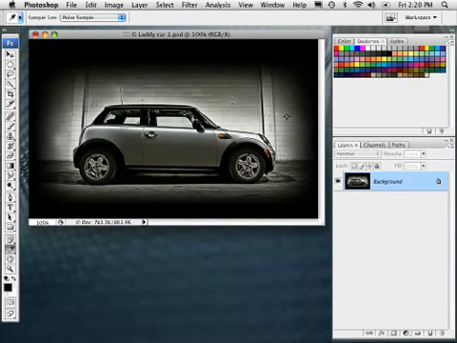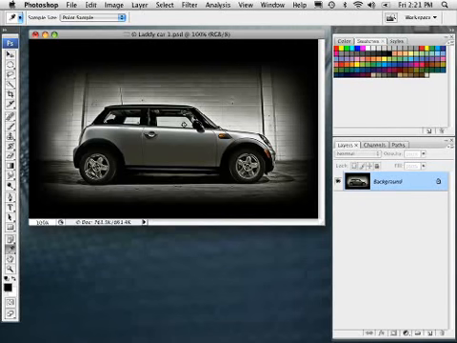Alright everyone, this week I thought we'd do another cool trick with animation inside Photoshop. What we're going to be doing is taking this image of this car. This is my Mini Cooper that Scott Kelby shot for me, and what I thought would be a cool idea is to animate the various colors that this car comes in over time. It fades in from one color to the next, almost as if this were going to be on the main website